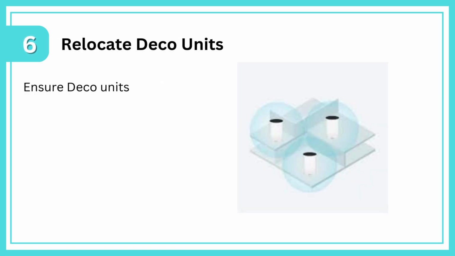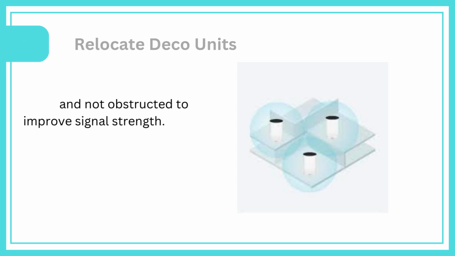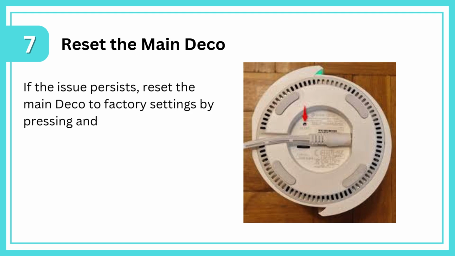6. Relocate Deco units. Ensure Deco units are within range and not obstructed to improve signal strength. 7. Reset the main Deco. If the issue persists, reset the main Deco to factory settings by pressing and holding the reset button for 10